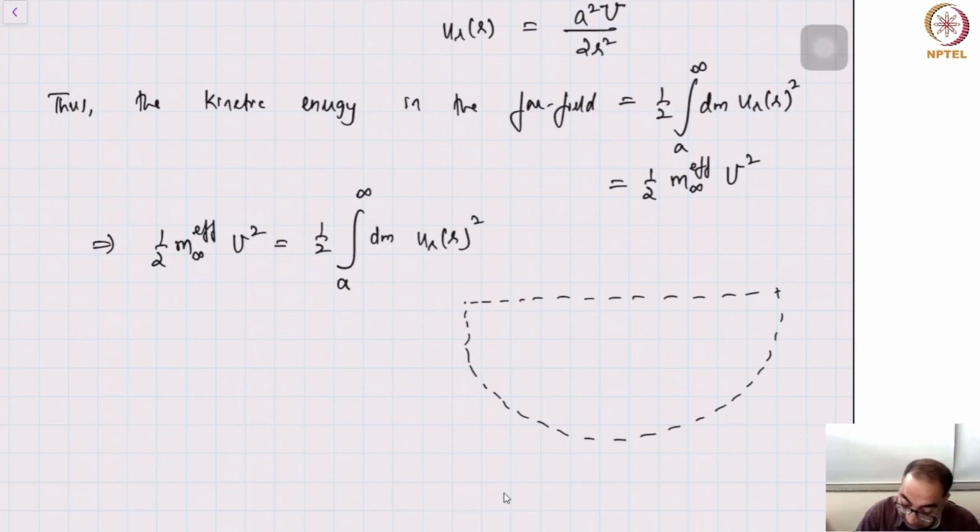This is at some r. I have a spherical cap region here. This is at r equals a. And I'm basically taking a small radial region